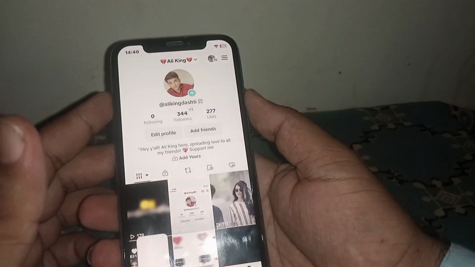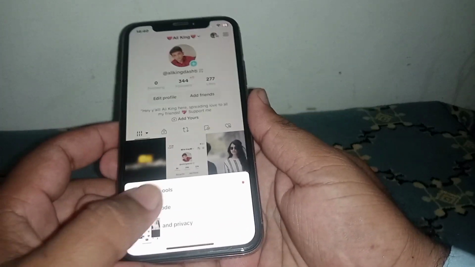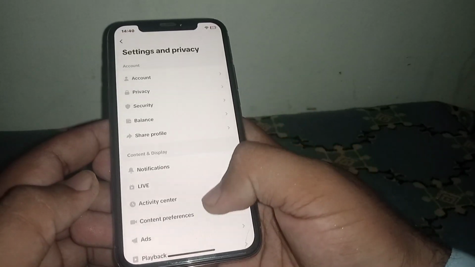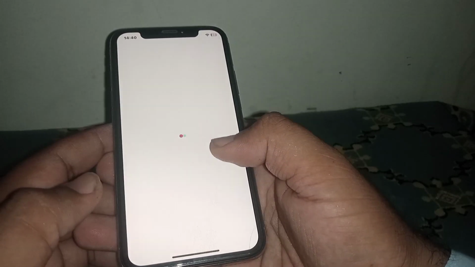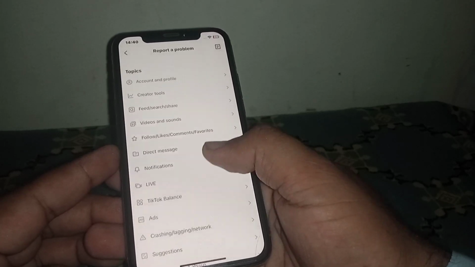a screenshot, and after that click on three lines and click on settings and privacy. Click on this, scroll down and click on report a problem, and from here you scroll down and click on live option,